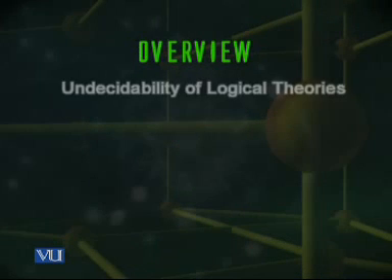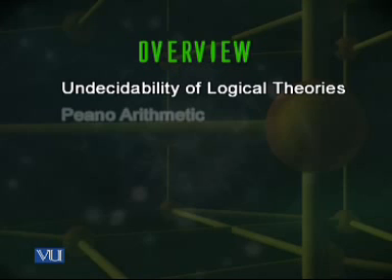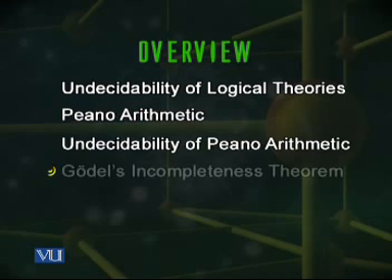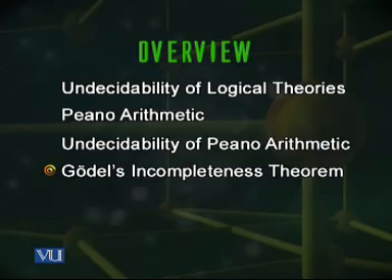Today's lecture is going to be very different. Today we are going to look at much more powerful models. And what we will see is that the theory of those models is not decidable. So today's lecture is going to be about undecidability of logical theories. Let's look at the overview of today's lecture. We will today discuss the undecidability of logical theories. In particular, we will first define Peano arithmetic and then show that statements in Peano arithmetic cannot be decided by Turing machines. The last part of this lecture is going to be a proof of Gödel's incompleteness theorem.